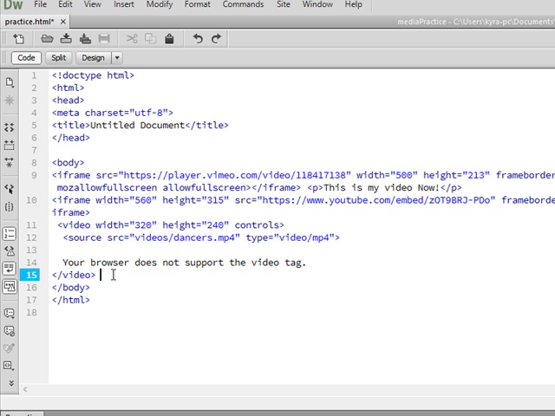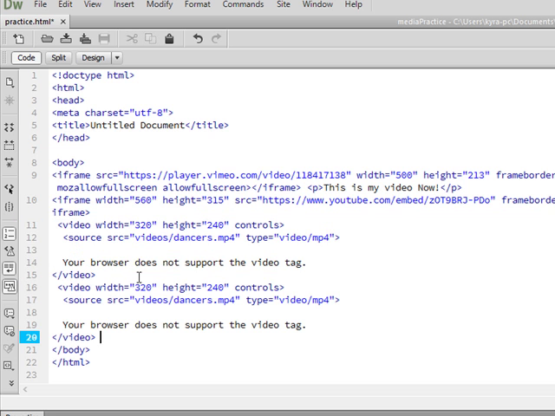I'm going to copy that, not cut it. Paste it down here. And I just need to change my source. My source, I don't want it to be dancers, I want it to be Grizzly Walks. But I want this one to access the Grizzly Walks that's not inside of my videos folder. So I get rid of the videos folder, and I'm going to change the name. So this one should say Grizzly Walks